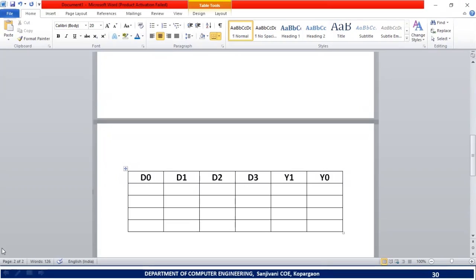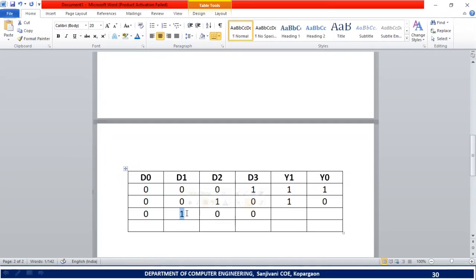Let's assume that in this encoder D0 is 0, D1 is 0, D2 is 0 and D3 is 1. In this case, what will be the output? The output will be a binary code which corresponds to the input line that is active. D3 is active, so here the output will be 1 1. Now consider the case where D0 is 0, D1 is 0, D2 is 1 and D3 is 0. What will be the output of the encoder? It will be 1 0, because 1 0 means 2. Now let's assume that the inputs of the encoder are 0, then 1 0 0. Here which line is active?